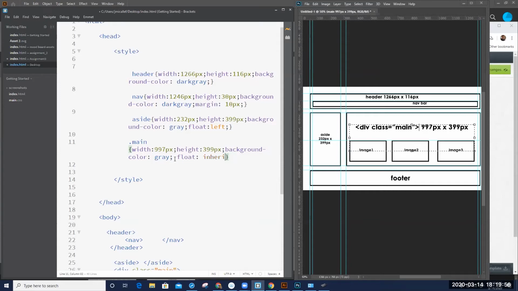Actually, use a comma. So use a comma. So you can say image 1, image 2, image 3,